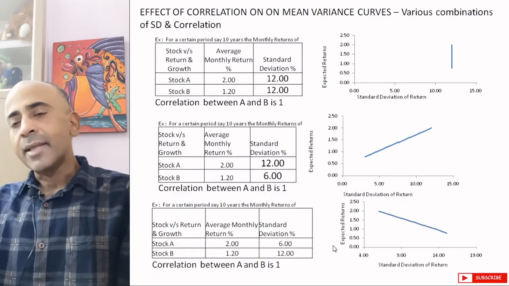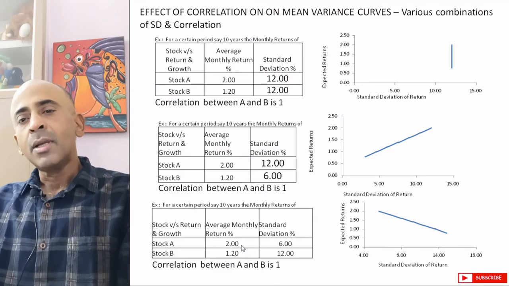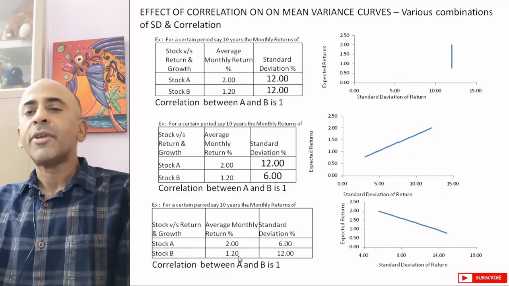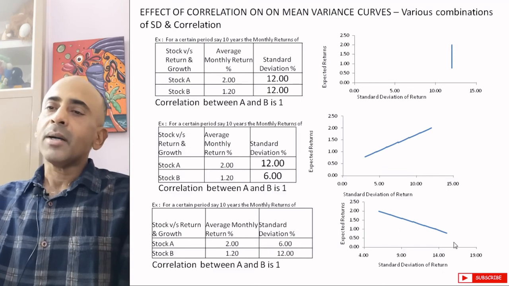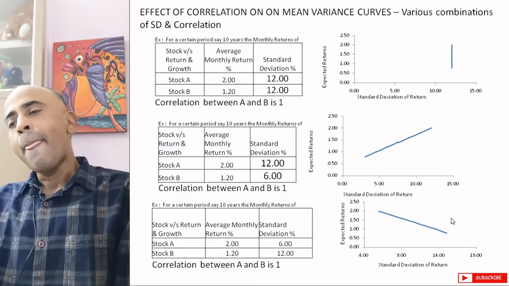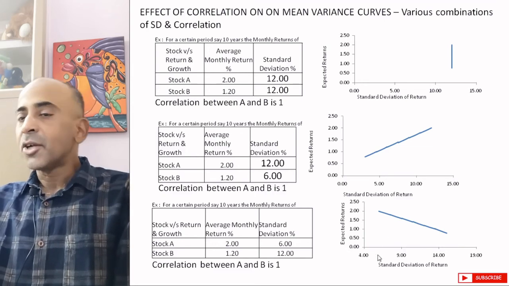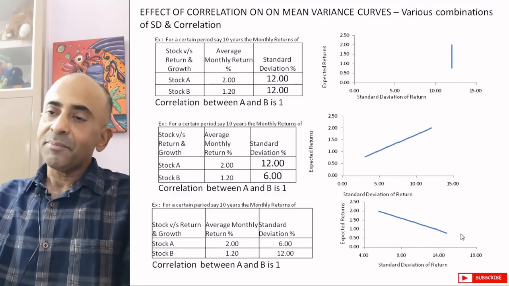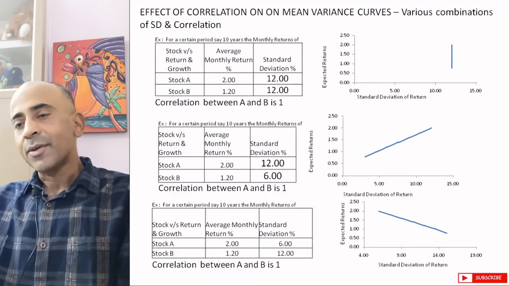And the third condition is like this, and nobody would like to enter into this kind of situation, because when you have a stock giving you 2% return and 6% standard deviation, why would somebody invest in a stock giving you a lesser return with a higher risk? In this case, as you can see, the straight line formed is trending downwards. With increasing risk, the return should have increased like in the first case, but here it is decreasing. With increase in risk, the return is decreasing. Who would prefer such a stock?